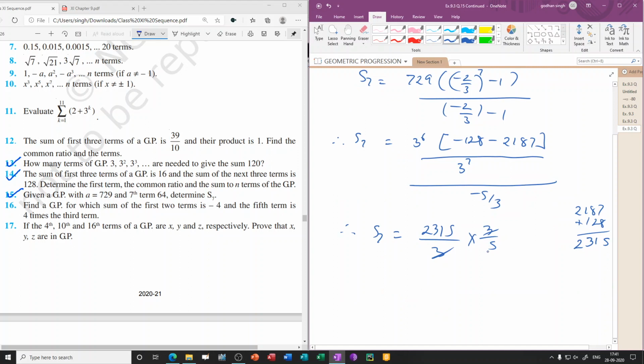So let us divide 2315 with 5. So therefore S7 equal to 23 on being divided with 5 will get 4, because 5 4s are 20, so 4. Then from here 3 will be carried over, and we'll get from here 31. 31 means 6 5s are 30, so we'll be getting here 6. And 31 minus 30 will be 1, and 15 divided by 5 is 3. So this is what will be our answer. S7 equal to 463.